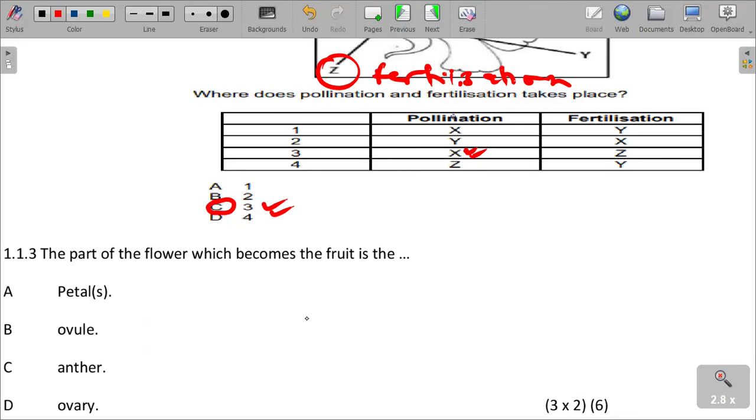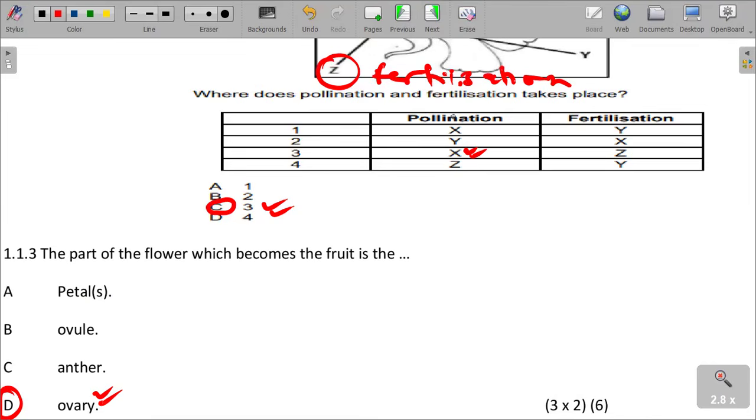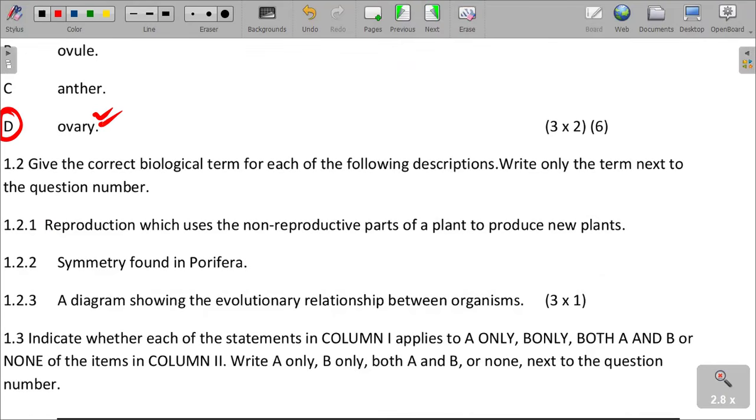I've been giving this also on the channel: you need to take note of which part of the flower develops into the fruit. We said developed into the seed, developed into the fruit, develops into whatsoever. So now what you need to know is that the ovary develops into the fruit. Which is the ovary, and then give the correct